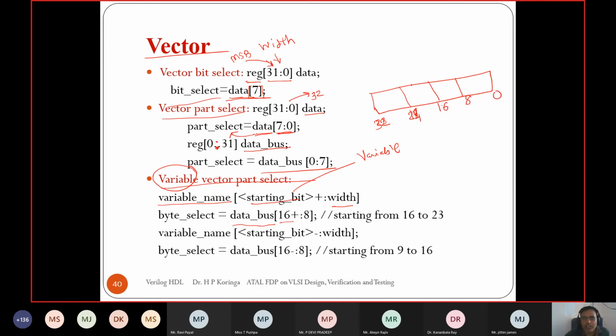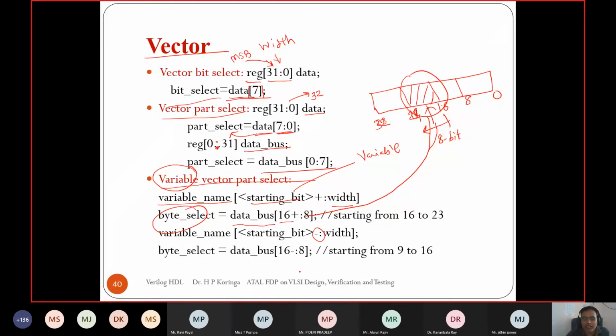Suppose I want to read this particular byte. So I can specify the range. It starts from 16, right? And I want to go up to 8 bits. This width is 8 bits. So it will read this particular byte from this 32-bit data, and it will assign it to some other variable.